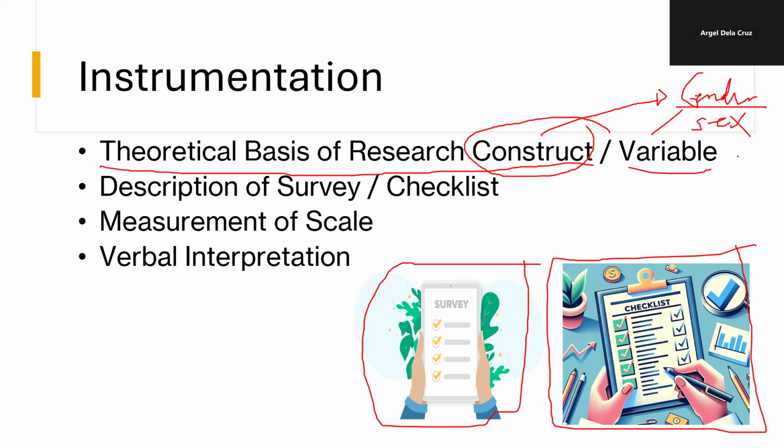For example, the survey or the checklist involves the following parts. For the survey, there will be a letter soliciting the purpose, intention, the use of the data, etc. Part 1 talks about the qualification of the respondents. We will determine whether the respondent is qualified or eligible to answer the survey. If not, the survey response will be disregarded or will not be included in the research. Part 2, survey about visitor satisfaction.